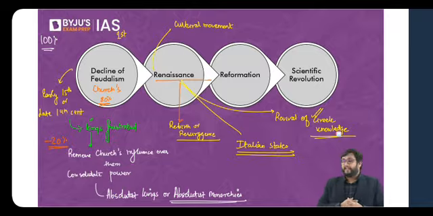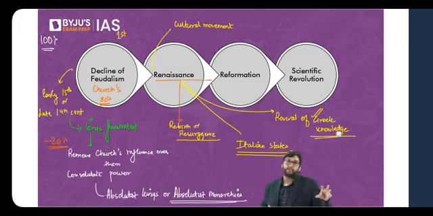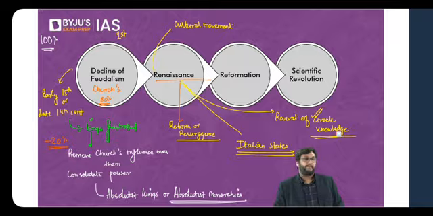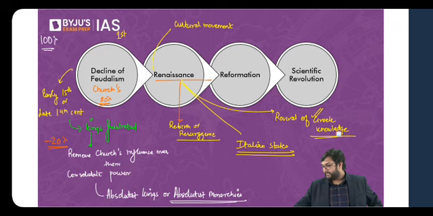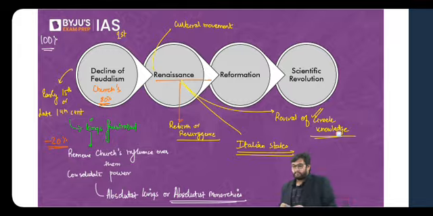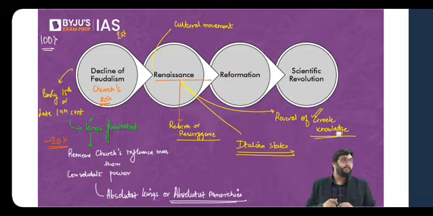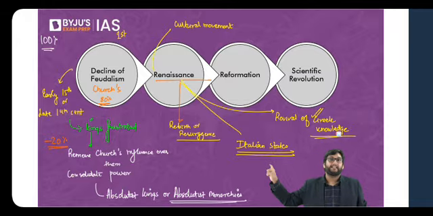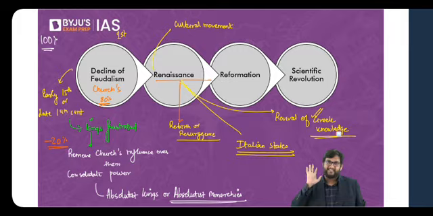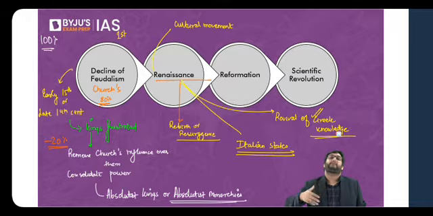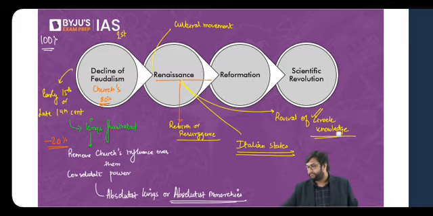Now, the Renaissance, which happened in Europe, from where have you heard the word Renaissance previously? Before world history, where have you heard the word Renaissance? Yes, modern India. In what context? Very good. Socio-religious reform movements. The Indian Renaissance, Raja Ram Mohan Roy and others. Now, very simple. Renaissance means rebirth, resurgence, and it is a resurgence of Greek knowledge which was hidden by the church.